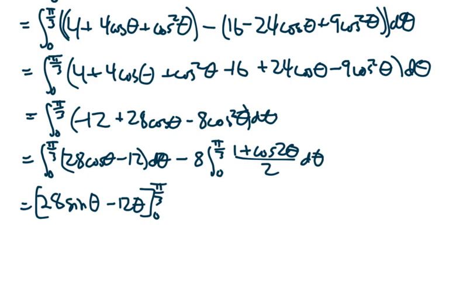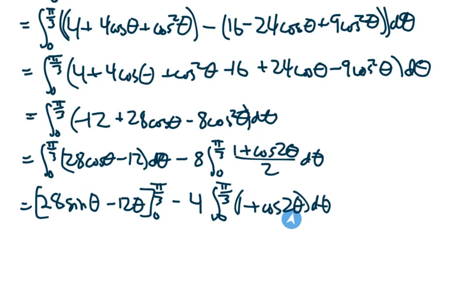Now here, we've got this 8 in front, and we've got this 1/2, or this 2 in the denominator. You bring it out in front. 8 halves becomes 4. Now, we like to get all that stuff out of the way so that we can take care of this. This is some pretty standard stuff, but this is cosine of 2 theta. In order to properly do this, and to make sure that we're keeping track of everything, we're going to use